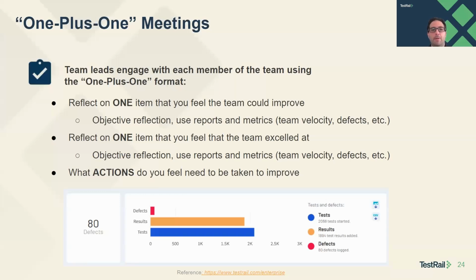So this whole concept, and again, this is terminology I've just always known and used with teams that I've been on and managed, is this idea of 1+1 meetings. So what does this really mean? Well, we have a team retrospective. If you work in Agile, ideally every 2 weeks or X number of weeks, you do a retrospective for your sprint performance, and it's more team focused. Everybody talks together. For teams that are maybe hybrid or waterfall, maybe you do release-based retrospectives. We had a release. Let's talk about what went good, what went bad, what you can improve on. All these things happen mainly in a team-focused setting.